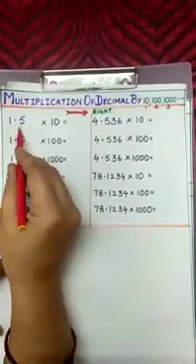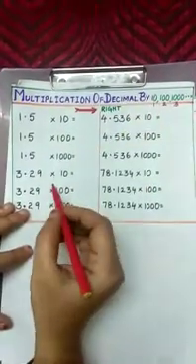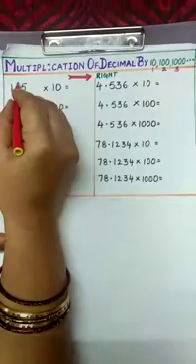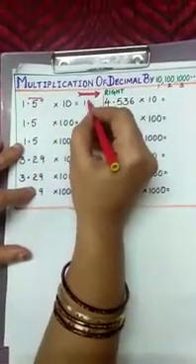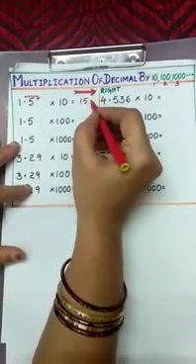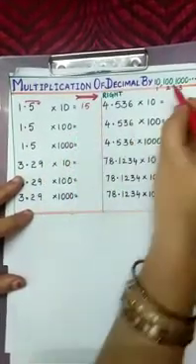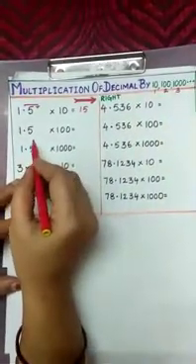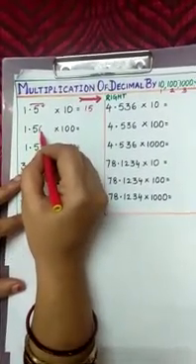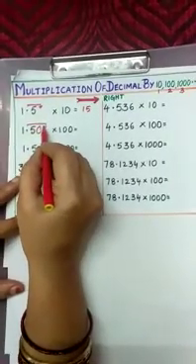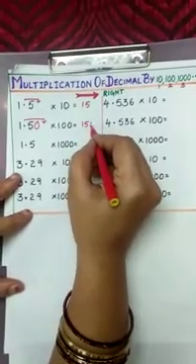First one is 1.5 into 10. As we are multiplying by 10, we have to shift the decimal after one place. So we have the decimal here, shift the decimal after 5. Then we get 15 as the product. It is at the end of the number, so no need to write the decimal. Now here 1.5 into 100. As it is 100, we have to shift the decimal after two places. But we have only one place here. So in the second place you have to insert 0. Then you move the decimal. Then the product is 150.